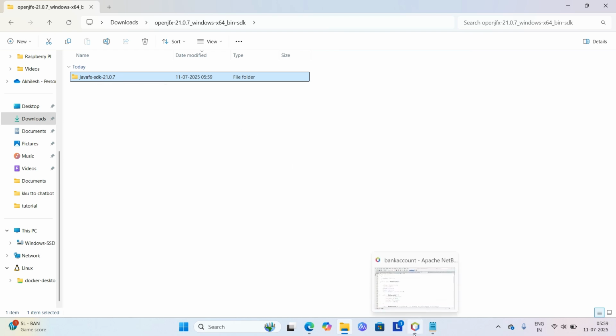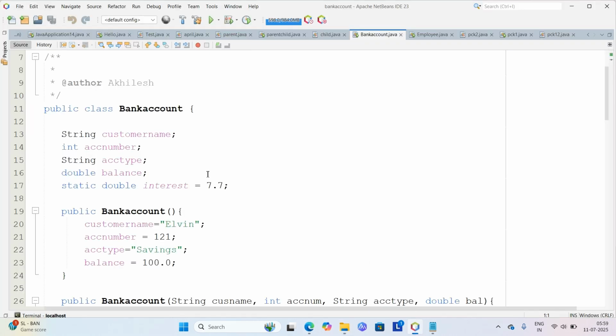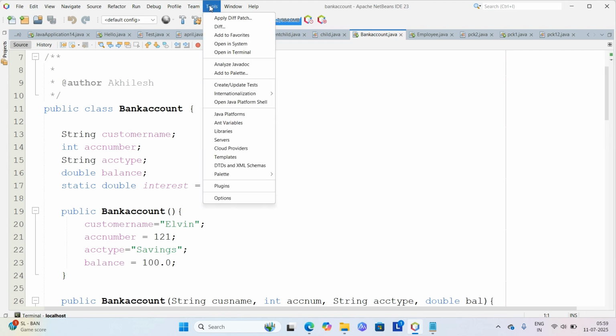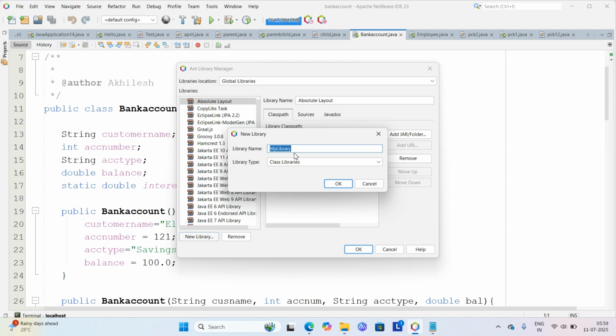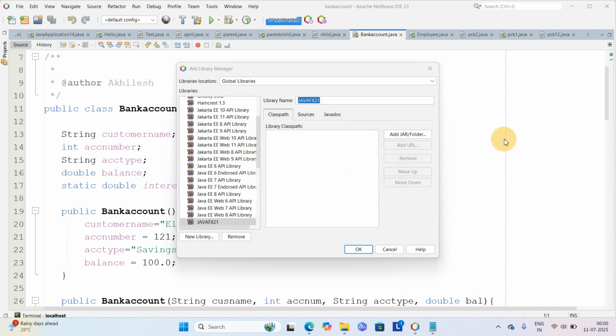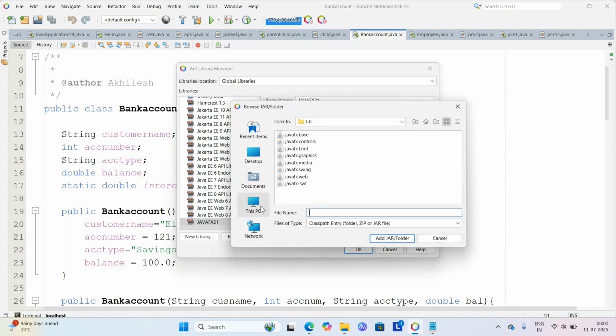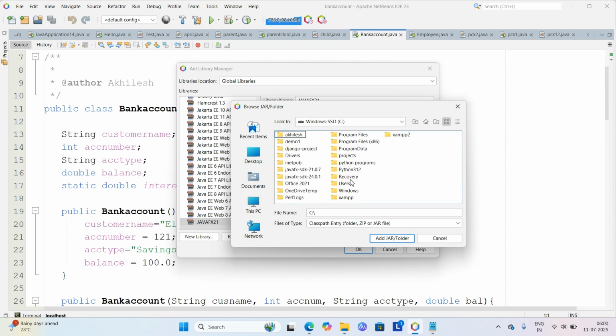Now I'll go to NetBeans. You are going to go to the tools option at the top, then go to the libraries option. Now here you will click on new library. You can give a name, so let's be specific, JavaFX 21. Okay. Now you will click on add jar or folder. I will go back to my C drive and look for my JavaFX 21 that I downloaded. Yeah, JavaFX SDK